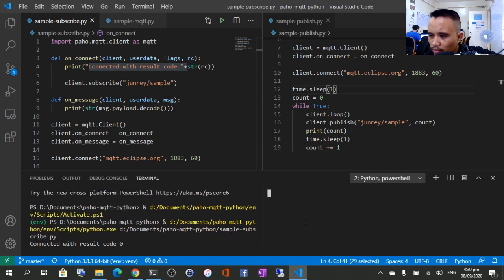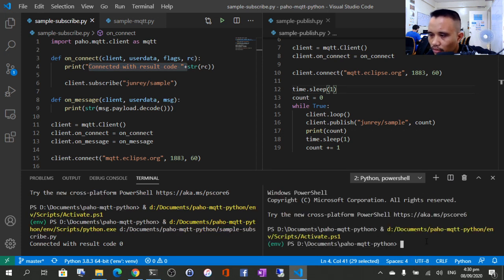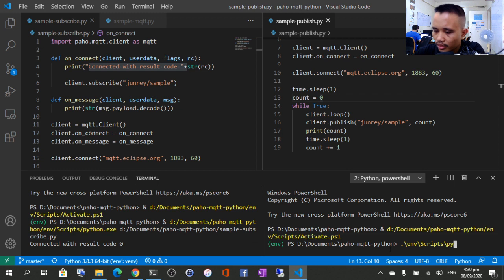So I'll split the screen again, and now I won't be able to run this one at the same time with this. So what we're going to do is manually run the sample publish by typing the folder env, then scripts, and inside that we have the Python interpreter. Next we'll specify the file name, sample dash publish, and when you press enter,